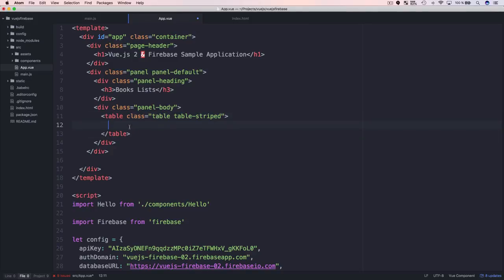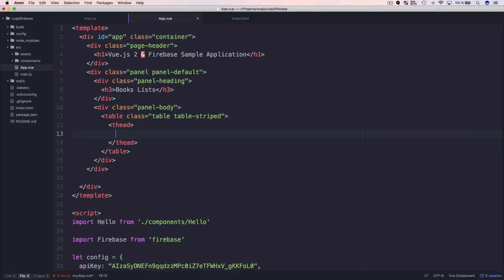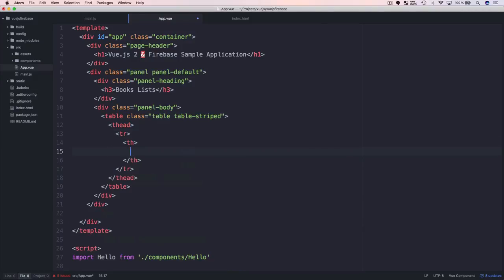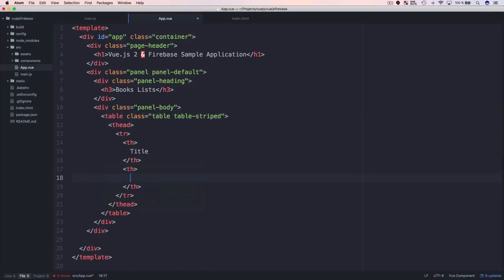Okay, within the table I do have a section t-head. That's the header of the table. And I'm printing out the column headlines here. First I will need a title headline, and second I need the author headline,